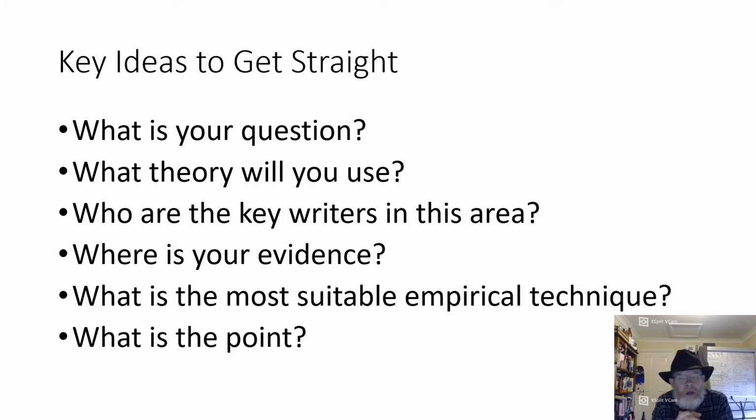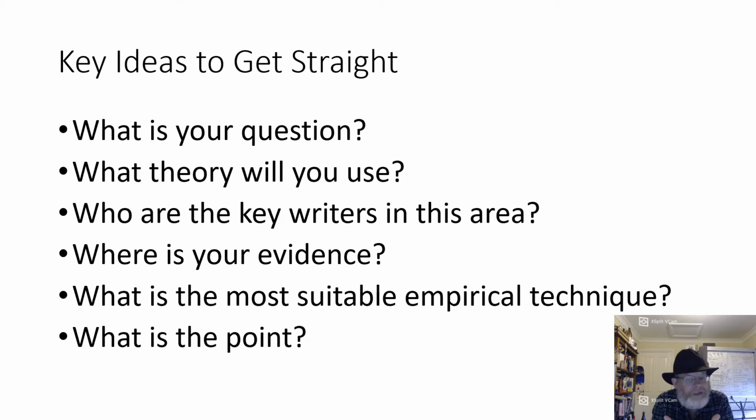Next step is, what theory are you going to use? You must have a strong theory. I don't care how empirically sophisticated your work is. To be a good piece of academic work, you must have a strong academic theory, which you're either going to build on, or you're going to challenge, or my favorite thing is to put a great big twist on an established old theory. You've got to have that. So as soon as you know what you're actually doing, start casting around for a theory that you can use to nest all of your work in.